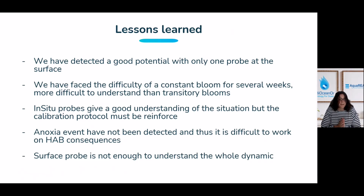We have faced the difficulty of a constant bloom for several weeks. So it's really more difficult to understand than when we have a transitory bloom. The In-Situ probes give a good understanding of the situation, but the calibration protocol must be reinforced,